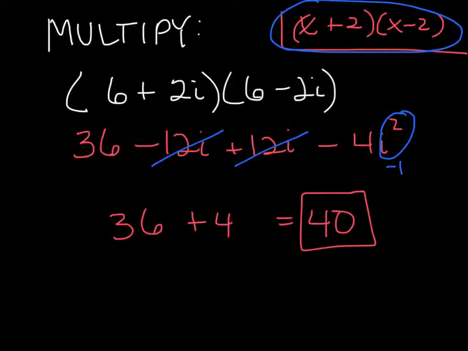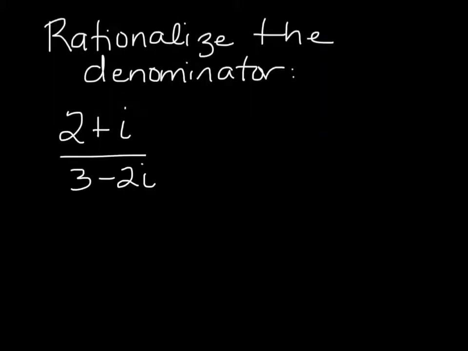So you'll see on this next slide, I have an example of let's try to rationalize the denominator, meaning getting the radical or an i out of the denominator. Okay, so I'm going to use that fact. I'm going to look at that 3 minus 2i. I'm going to say, well, how could I get rid of that in the denominator? What could I multiply by that makes that have no i? So then we think back to the last example that we just did, and we know that if we multiply it by what are called conjugates,